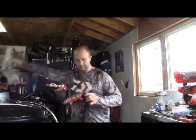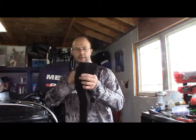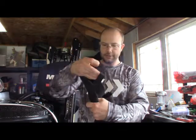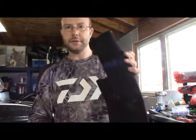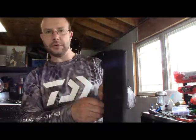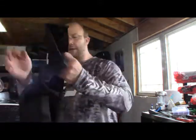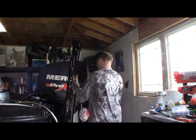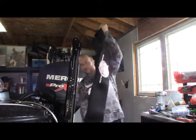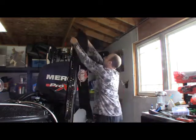Nice product, super clean. Beautiful logo on it right here. Seems like a neoprene product. And then right here on the bottom, you have the strap that's going to come around and strap. But it's also got a zipper that goes down it. So we're going to unzip it. We're going to remove that strap on the top. The strap, or the longer side on the bottom, is going to go towards the back of the boat. I'll slide that over,